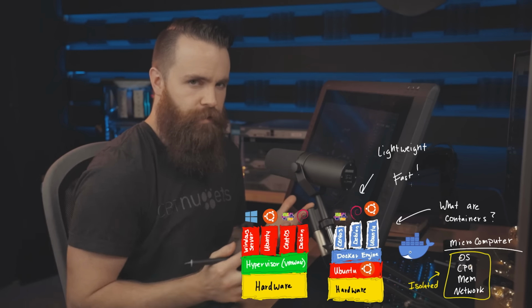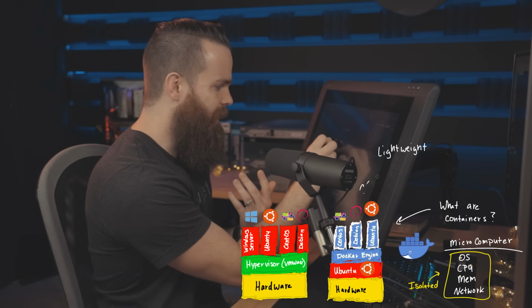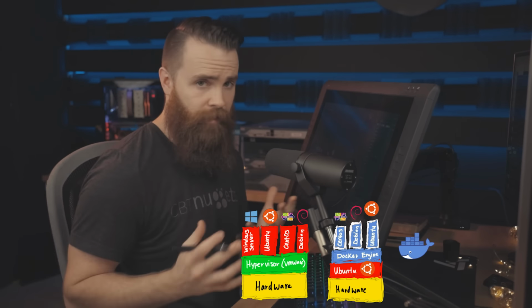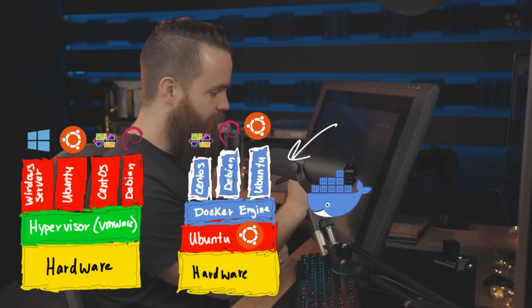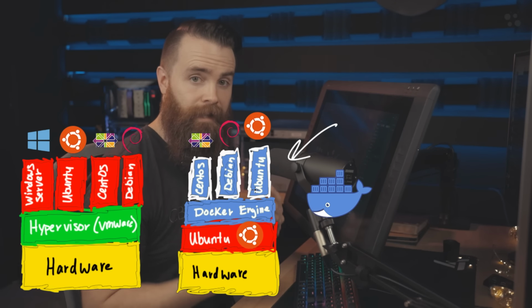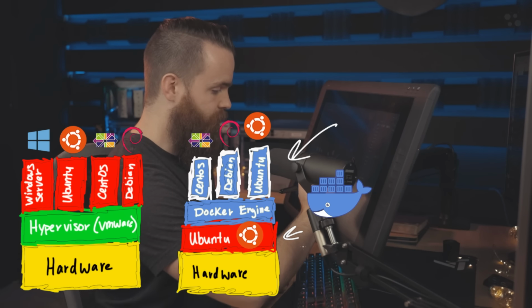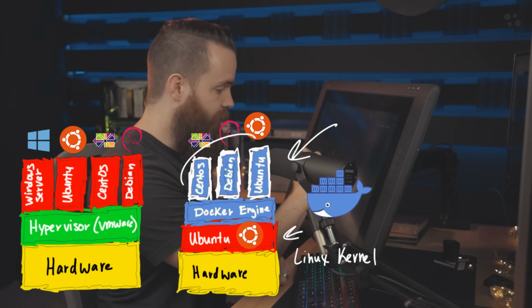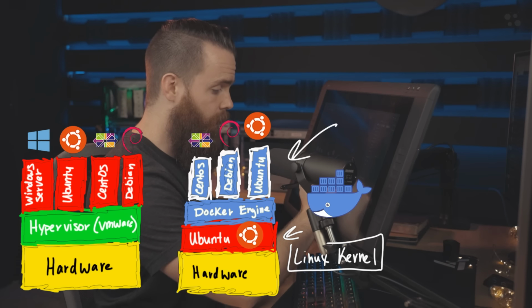Let's talk about it. So first of all, why is it so fast? How does it boot up so fast? How do we create containers so quickly? What's the voodoo behind that? The short answer is that you only need one kernel. Notice that over here when I'm demonstrating Docker, all of these OSs are Linux based. They all share the underlying Linux kernel, just like Ubuntu does. So Ubuntu, when we installed it, is running off the Linux kernel, and it's the same Linux kernel that all of these OSs right here would use. So this part of the OS is already up and running.